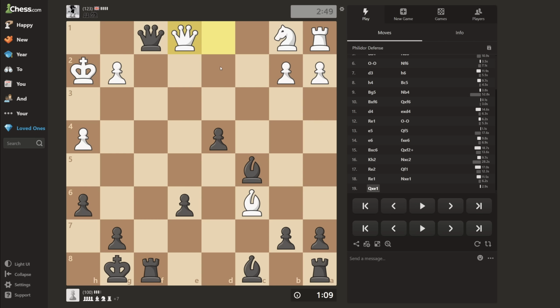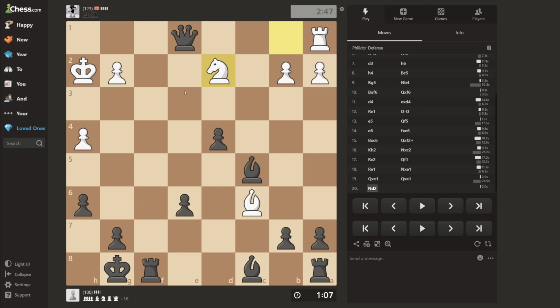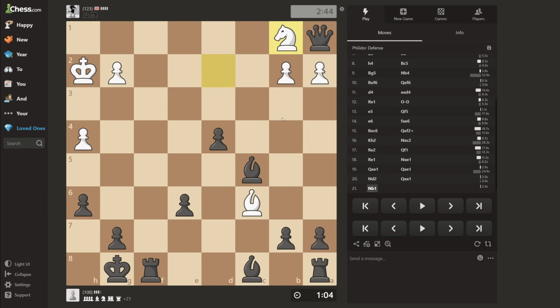Queen takes e1. That blunders a queen. Knight d2. That blunders the other rook. Okay, but the catch is that now my queen is completely frozen. She is at the farthest point possible away from the king. So if I want to move the queen again I have to somehow move the king to the other side first. Knight b1. Wow. Completely trapping my queen